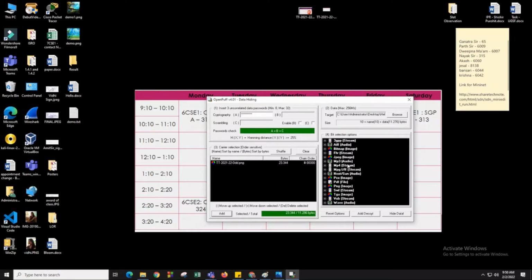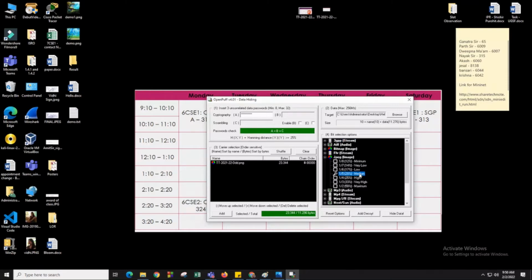After that, the fourth step is the encoding. That means now we are going to encode the data. In an image, it will provide how much percentage you want to bind.